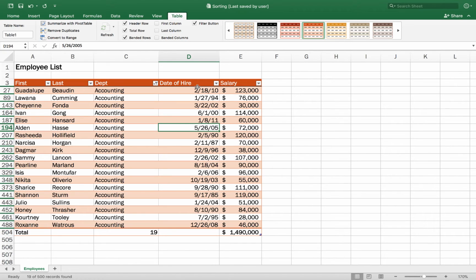All right, so anybody have any other questions on what we're doing with working with Excel's tables features to do sorting, to do filtering, to do our formatting, to do calculations? Yeah, go ahead. How do you select two different columns? Like if you wanted to select like last name and salary? So you want to select those without the stuff in between?